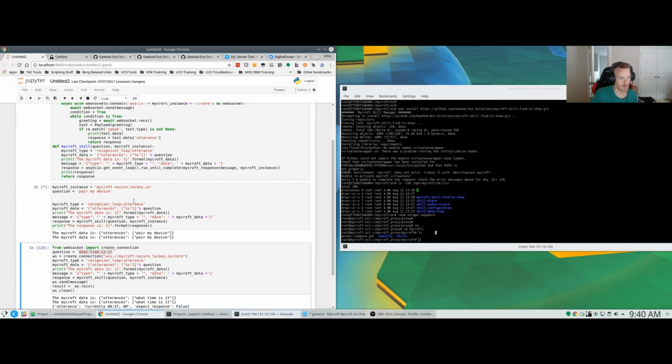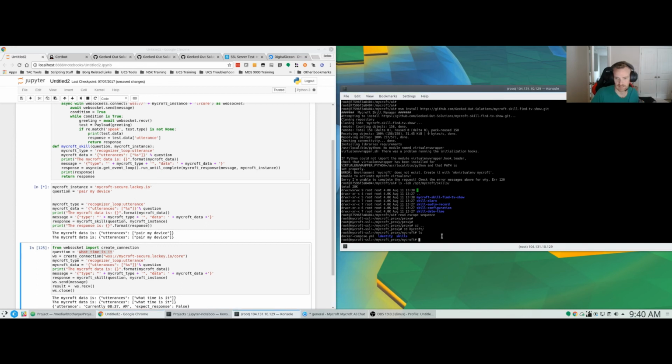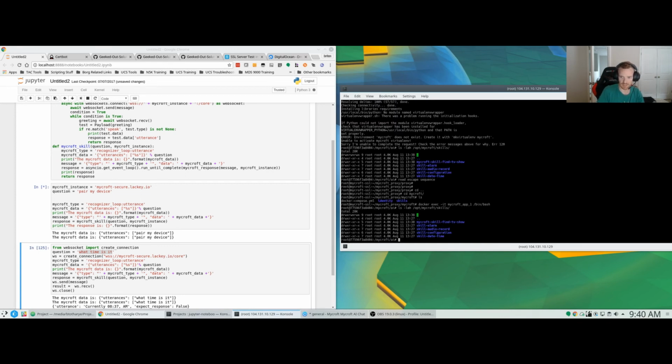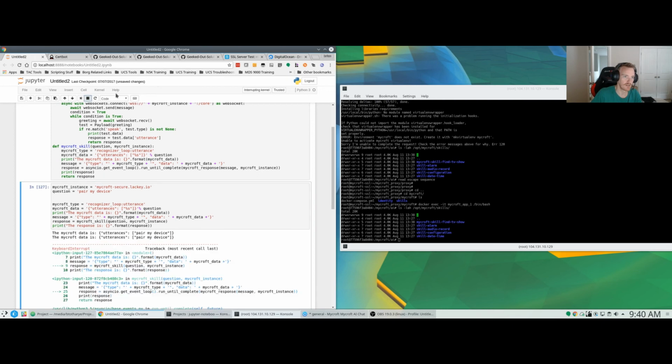And if everything works correctly, I don't know if pair is actually, let's verify it. It might be one of the skills missing. I'm currently working with the team to get all these skills to where they're auto installing correctly. For some reason, they're not installing correctly, so we're just going to go out to